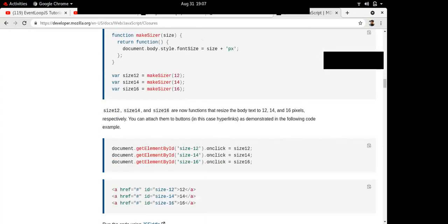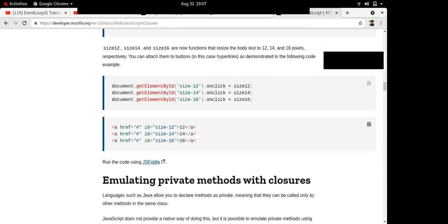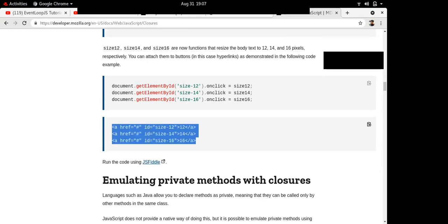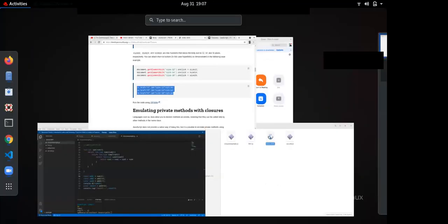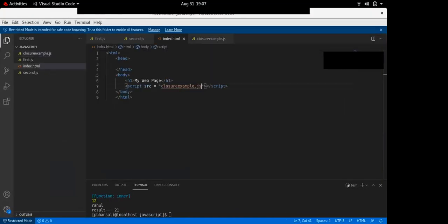Okay, so for example, maybe we can take up this kind of example. You have 3 anchor tags. Let me copy this to the HTML file.